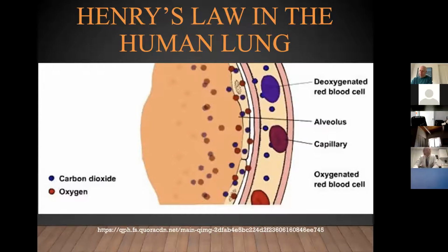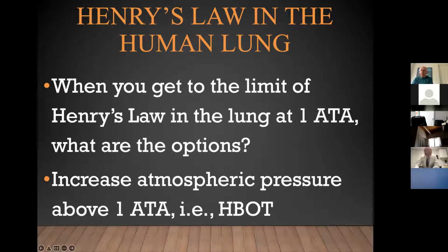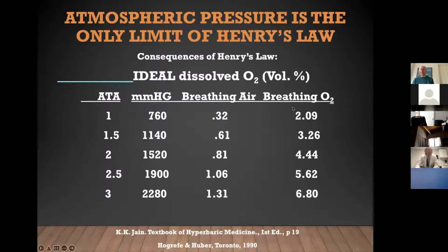Well, what's the limit here? The limit is the pressure of oxygen. So at sea level, we can go from room air, 21%, to 100% by a non-rebreather mask, and we top out. But is that really the limit? No. When you get to the limit of Henry's law in the lung at atmospheric pressure, all you do is increase the pressure. And that's what we do with hyperbaric oxygen. So you get in an enclosed vessel, increase the pressure,